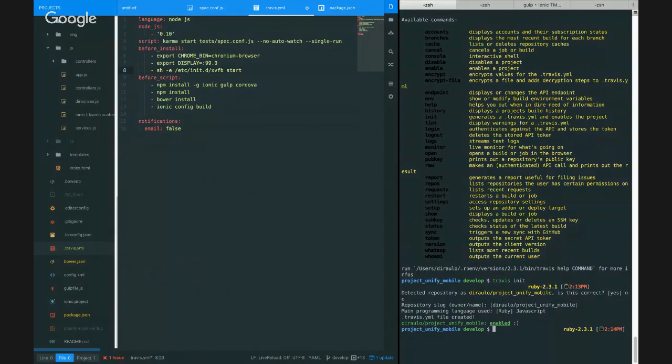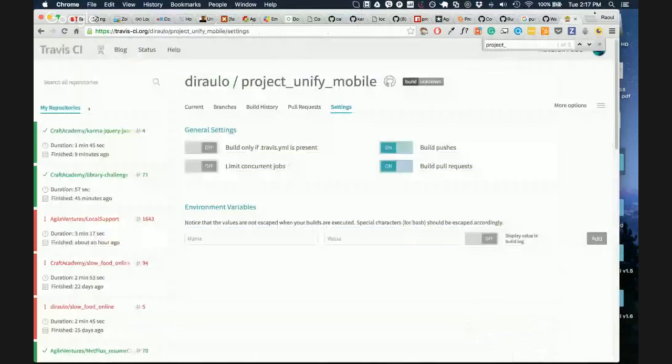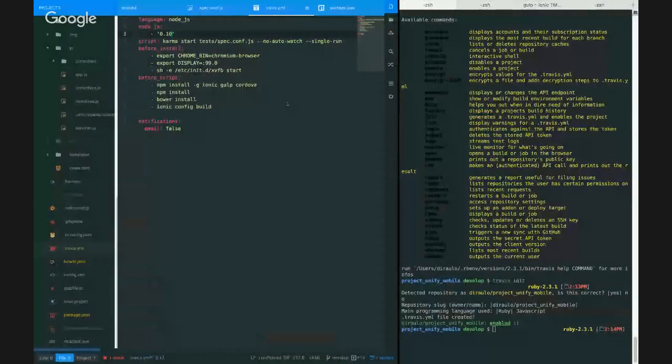Node.js version. Which version are we running again? I just want to see which version we should do. Oh, it should. Yeah. But